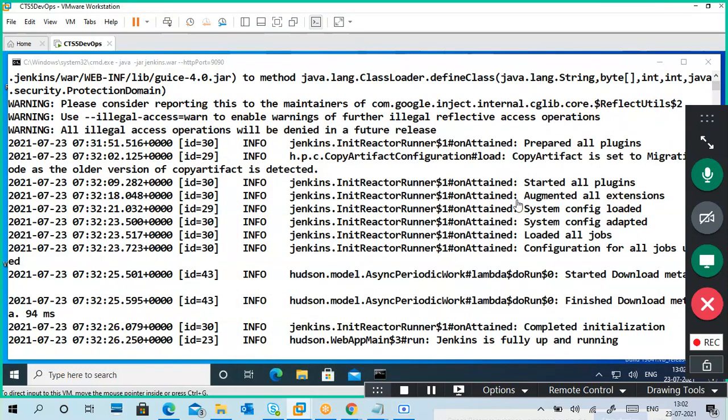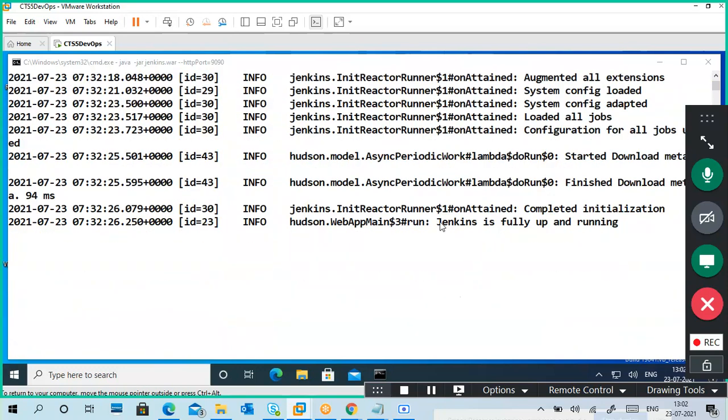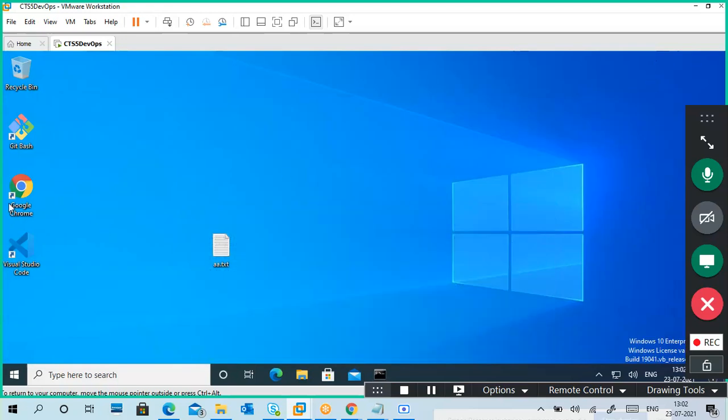Something is going on. Yeah, we have to go a little bit up. Yeah, here it is. This is the last one. Jenkins is fully up and running. Can you see? It's fully up and running. So go to the browser. Okay, I will stop here.